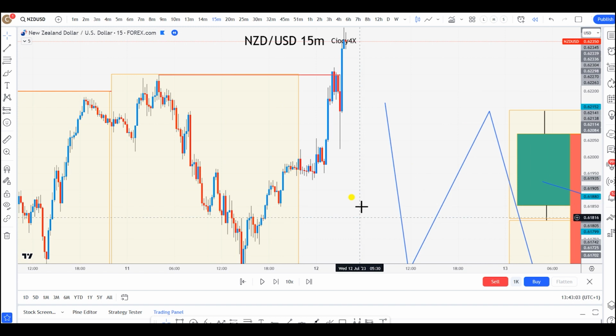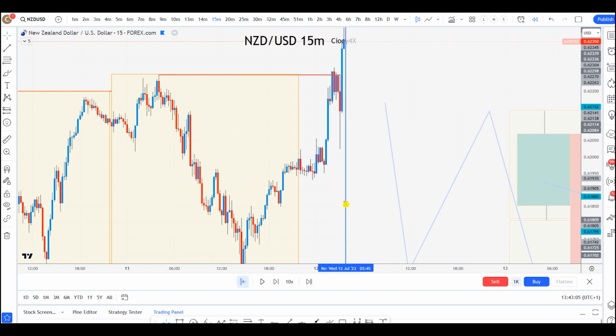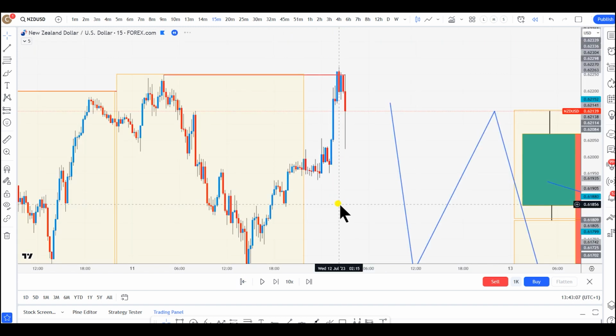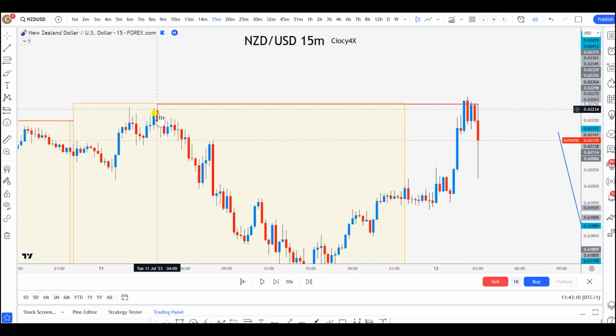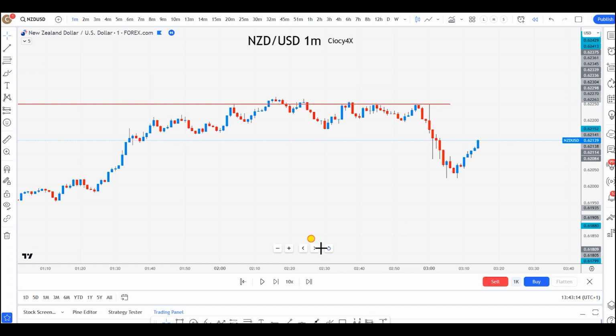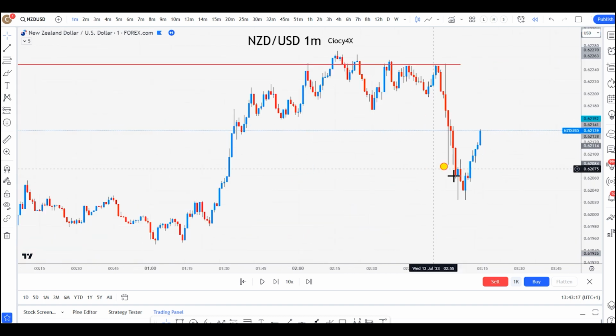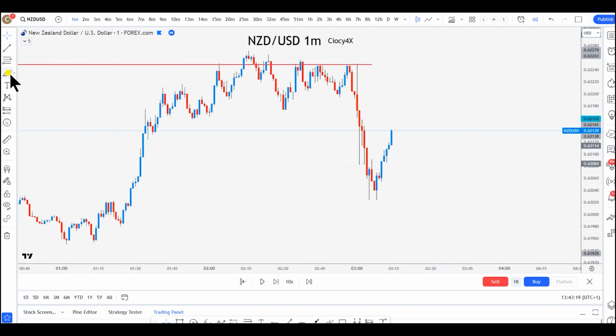So look at this. Here, okay, let's go with this one. Let me remove this over here. Okay, so here you have this previous day high that gets taken out, right? When the previous day high gets taken out, obviously if you're trading M1, M5, according to what ICT says, you can clearly see that price starts going higher, taps here, goes down, higher, takes out the liquidity, and then it ranges a little bit, and then boom, suddenly you have all this drop to the downside, the change of order flow, therefore change of character, break of structure, whatever you want to call it.